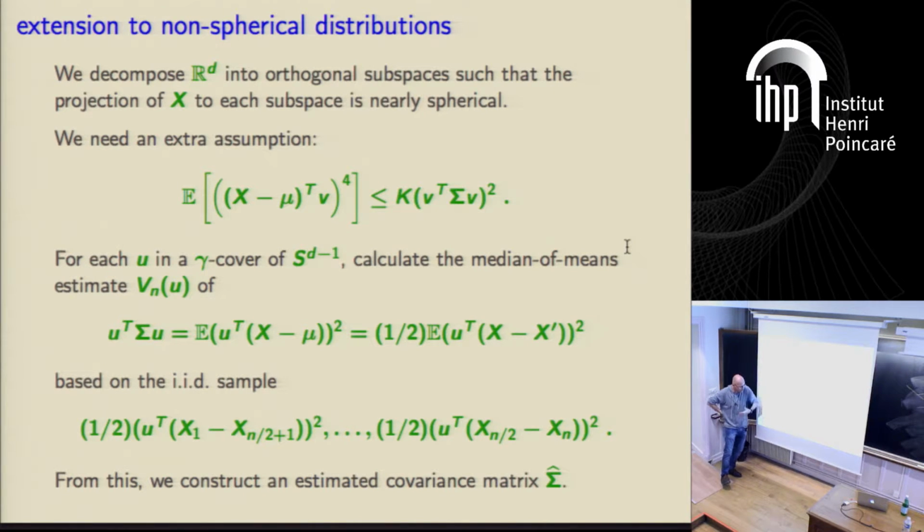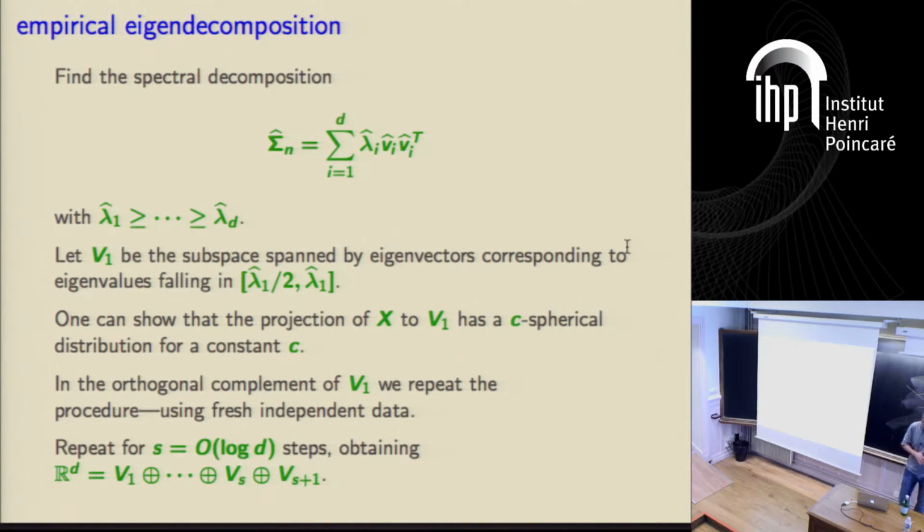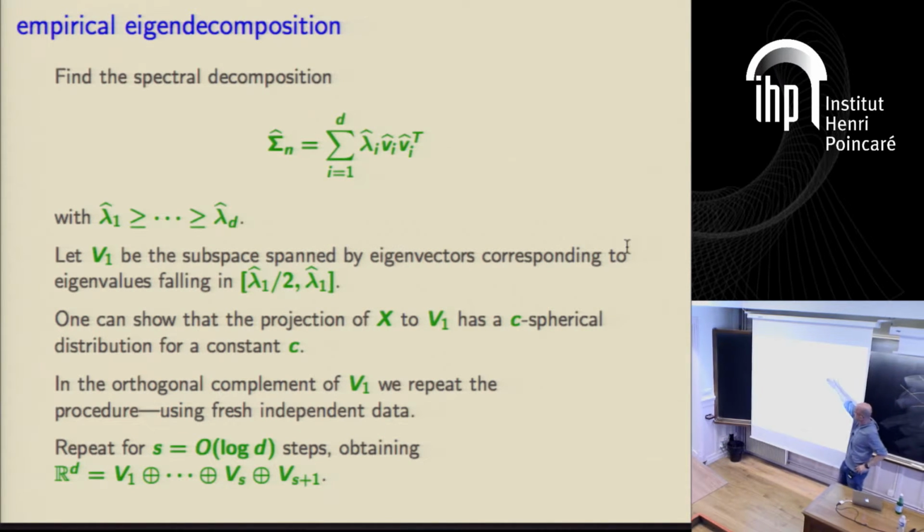So this is repeating the same kind of ideas. This is how we construct an empirical covariance matrix. A really complicated way, but forget computations. This is really an information theoretic construction. And now we have this estimated matrix, which exists with probability at least 1 minus delta, and this is going to be positive semi-definite,